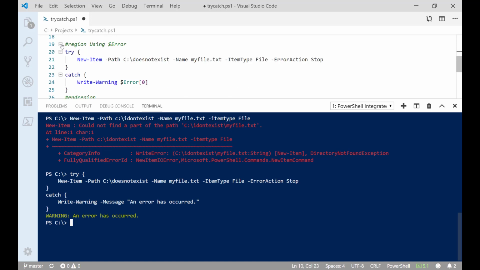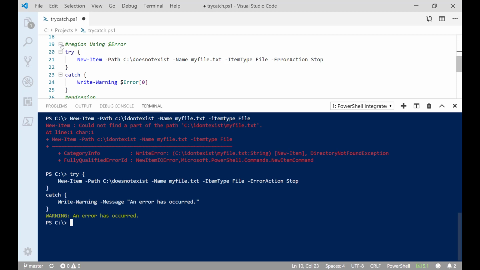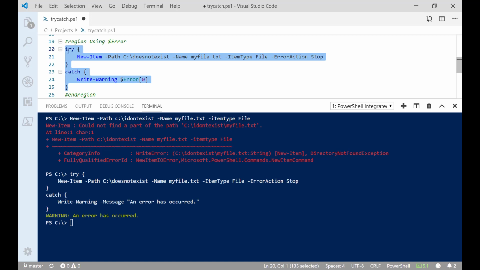In this case, inside of the catch block, we're using the $error variable, which is a pre-made variable inside of PowerShell that contains all the errors that have been occurring inside the console. In this case, we're going to reference the last error, which is actually the first one in the array of errors, by indicating the bracket 0 there. Now, whenever we run this command,